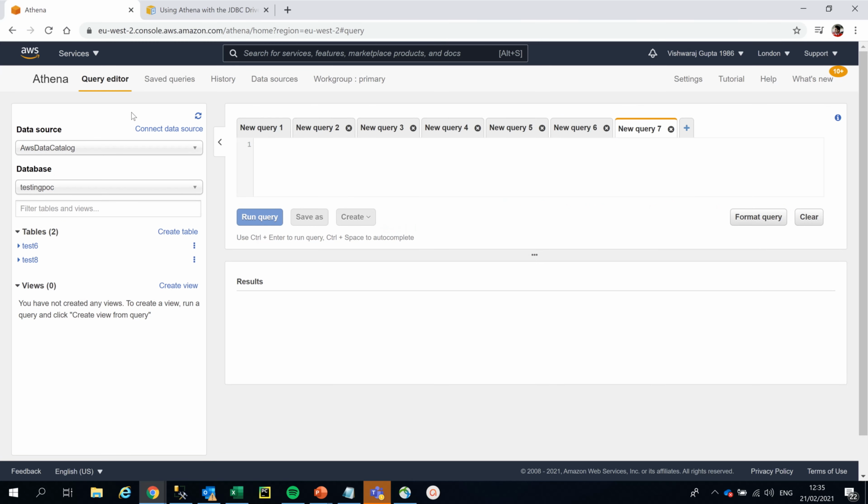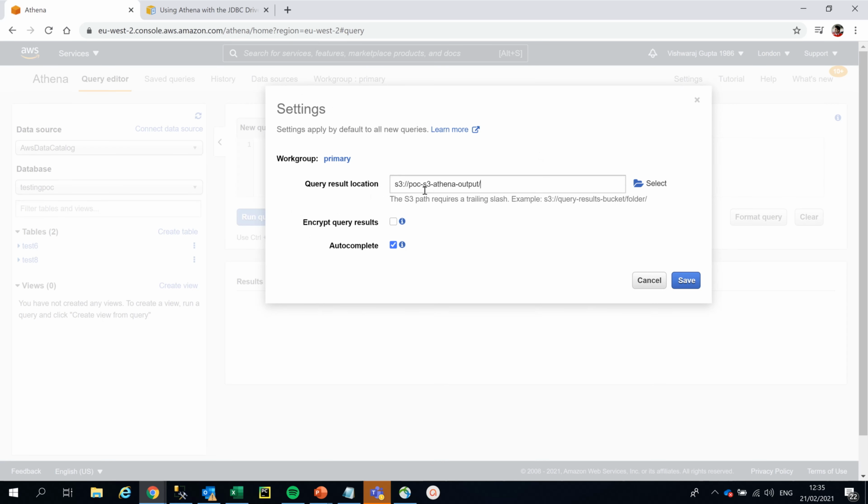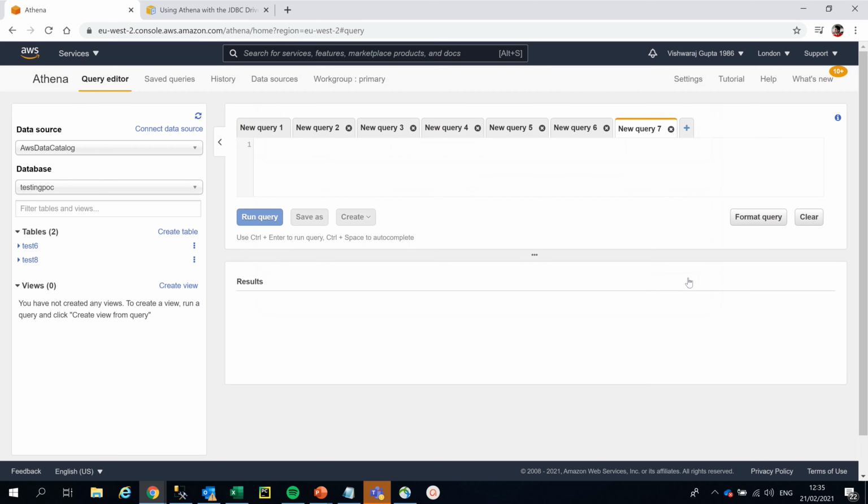So guys, this is the console of Amazon Athena, and this will be the normal layout. I have created some tables while I was doing some testing. But to start with, the first thing you have to do is go to settings, and you have to mention your output location. The second bucket, which I had mentioned in the prerequisite, that you need two buckets. So the second bucket was the output location. So you just need to simply paste the path here, or you can just mention it. Always remember the backslash here and just save it. So that was the output location.